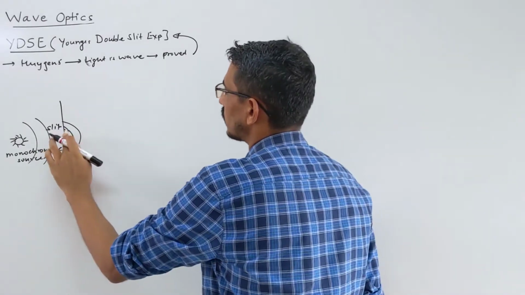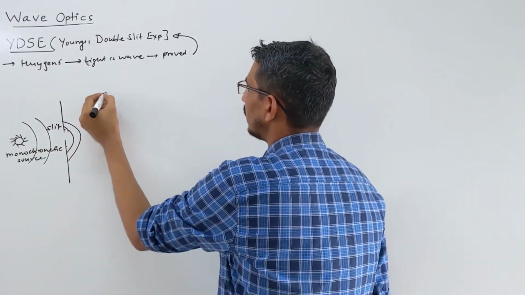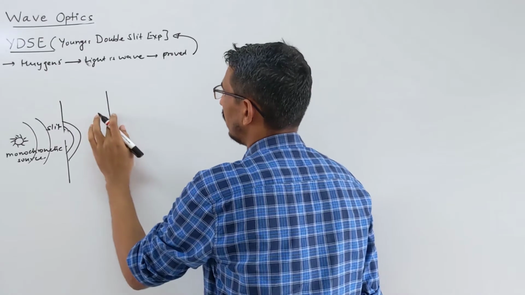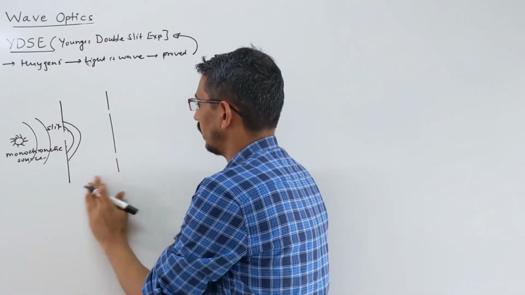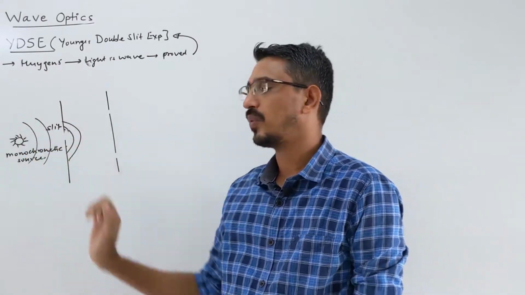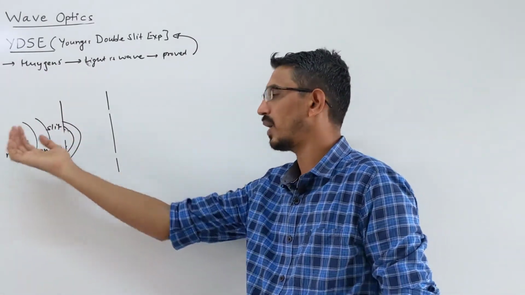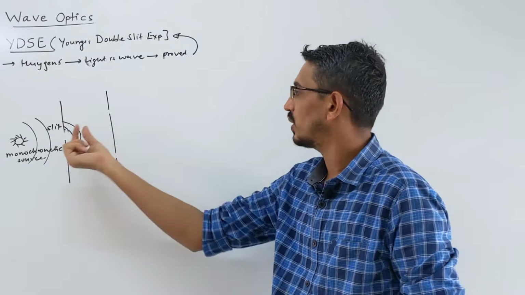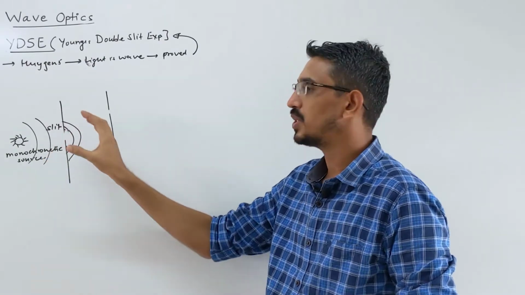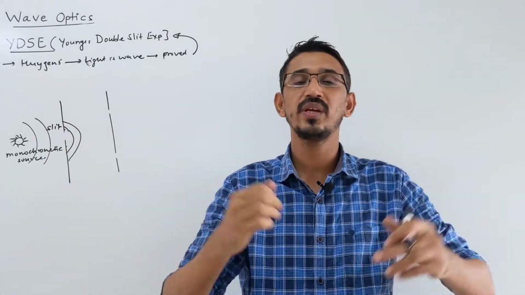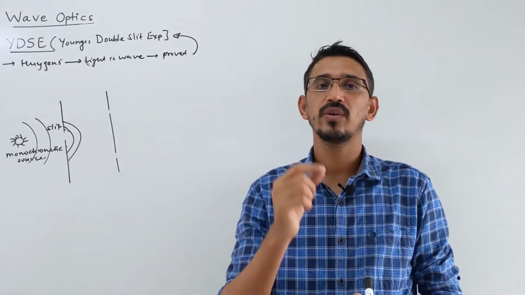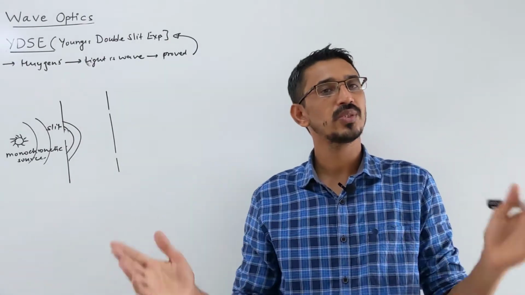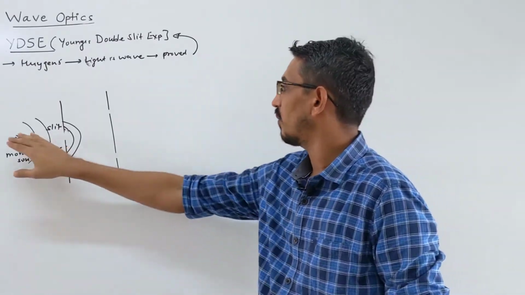So this is a single source right now. Then we have another wall placed in front of your source. There is a small opening in the wall, so light will come through the small opening, and we call this source 1. This source is divided into two sources, because we need two coherent sources, and we have already learned that two coherent sources we have to get only from a single source. Two independent sources cannot be coherent.